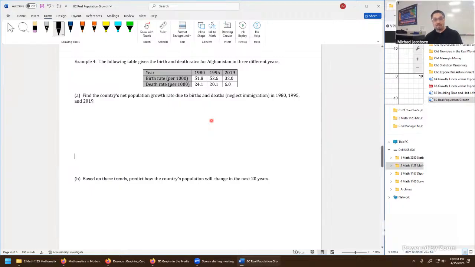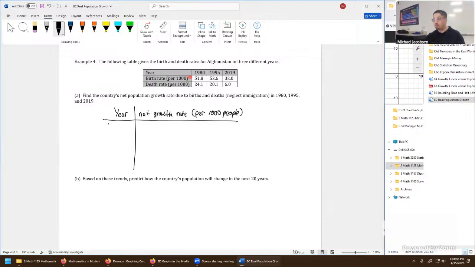So first thing we have to do is construct the table. So let's rebuild that structure. We're going to have a year. And then in the next column, this is going to be the net growth rate. And just so that we don't have to say it 3 times, we'll just mention this part right here. We mean specifically per 1,000 people. So same years, put in 1980, 1995,